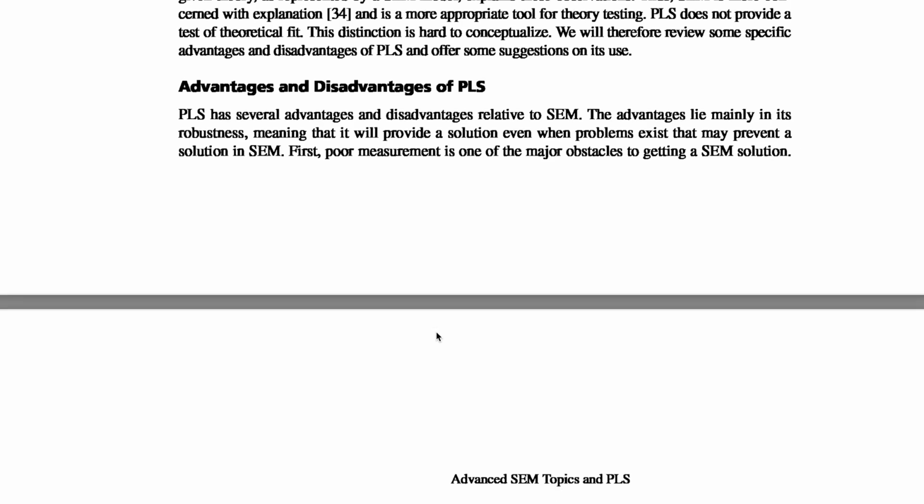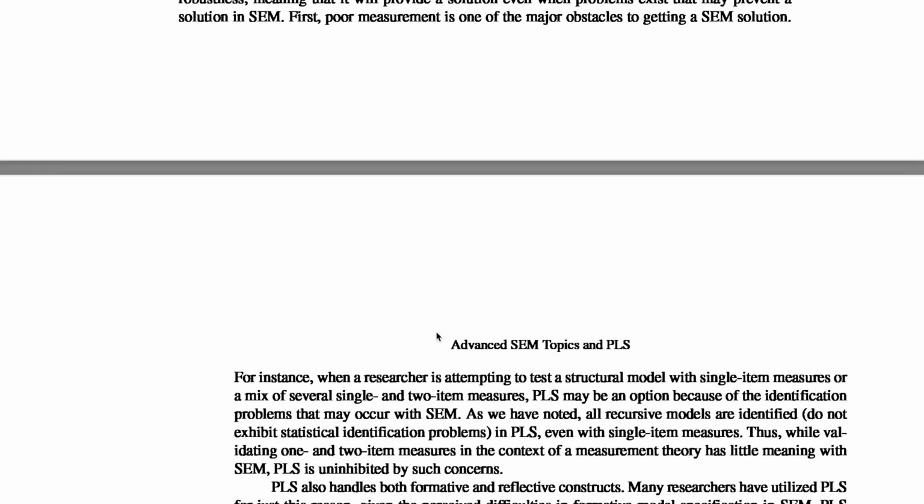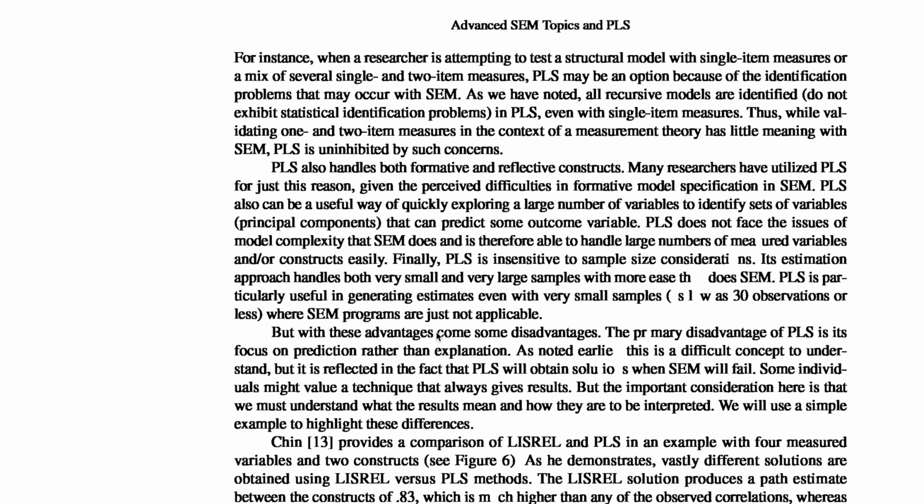Advantages and disadvantages of PLS. PLS has several advantages and disadvantages relative to structural equation modeling. The advantages lie mainly in its robustness, meaning that it will provide solutions even when problems exist that may prevent a solution in structural equation modeling. First, poor measurement. Measurement is one of the major obstacles to getting a structural equation modeling solution. For instance, when a researcher is attempting to test a structural model with single item measurements or a mix of several single or two item measurements, PLS may be an option because of the identification problem that may occur